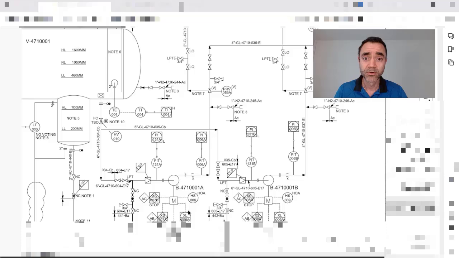When we talk about centrifugal pump installation, the most basic arrangement will be very similar to this one, with at least one isolation valve in the suction, one isolation valve in the discharge. We will have a check valve to prevent the return of the fluid. We will have a pressure indicator or a pressure transmitter to be able to read the head of the pump or differential pressure, and based on the differential pressure, transform it into head and read the pump curve. And we will have some instrumentation or automation regarding the start and stop of the pump.